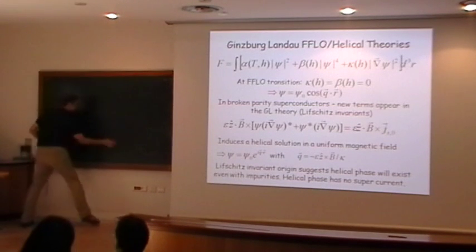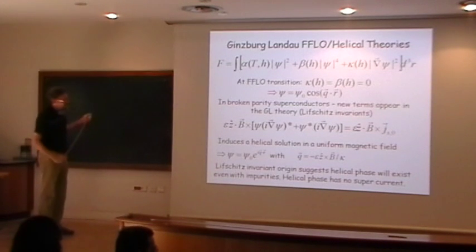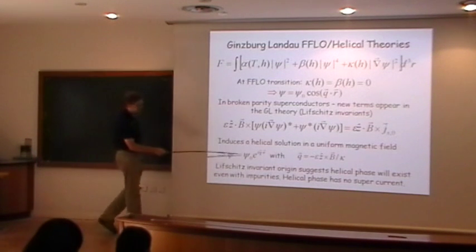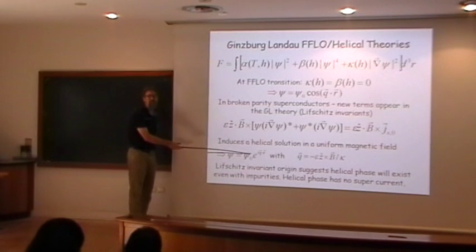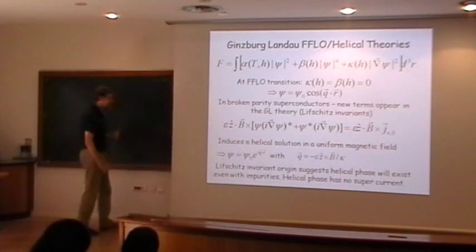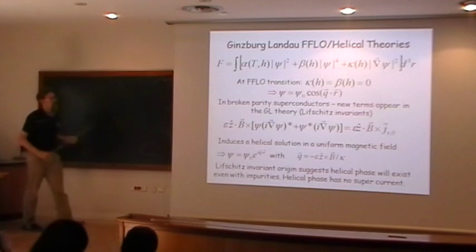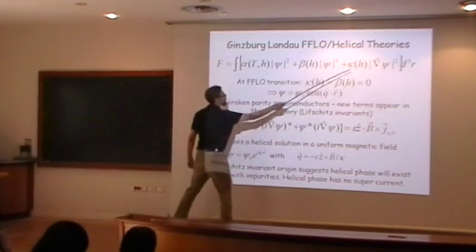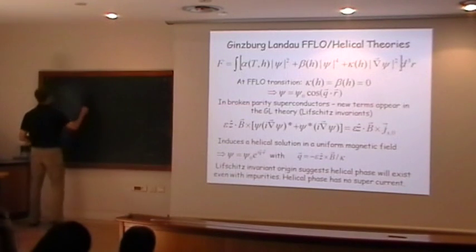So all I'm going to do is just a simple calculation where I put this form into this free energy and then show you that Q must necessarily not be zero. All right, and so let me not look at the total free energy, but the free energy density, and only keep the terms that depend on Q. So that's in particular this term here and this term here. And so when I put that in, I get